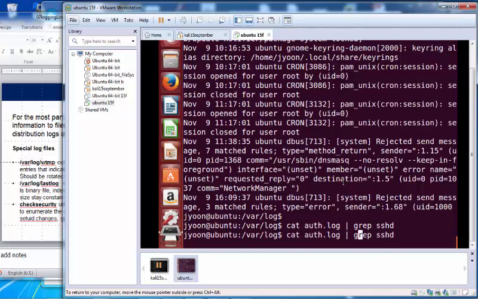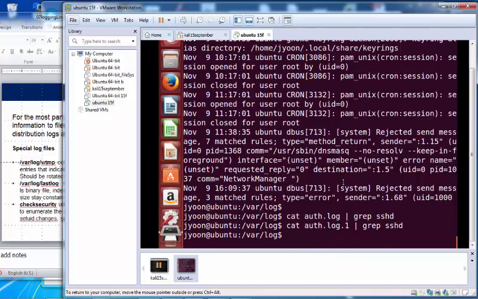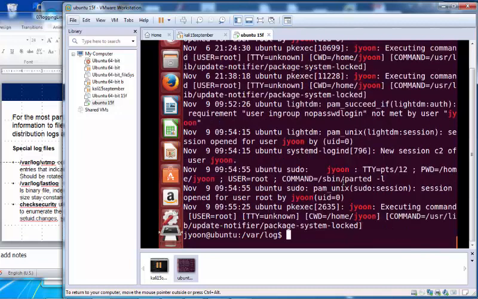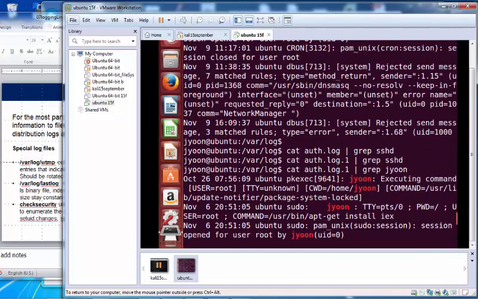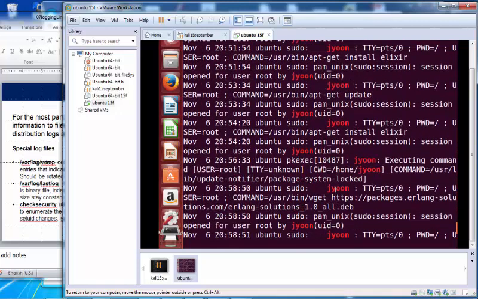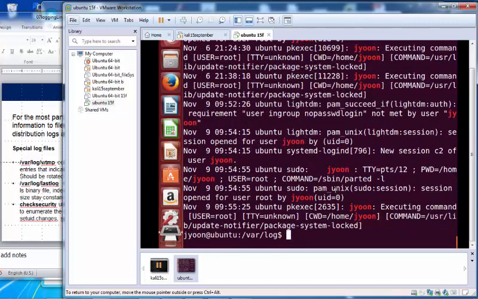Let me see if I have that earlier. .1 is the earlier version. It doesn't have it, right? If you want to see JUN, see how many times JUN or your name tries to enter your system. So there are so many, right? Only me. From here, all about my execution.